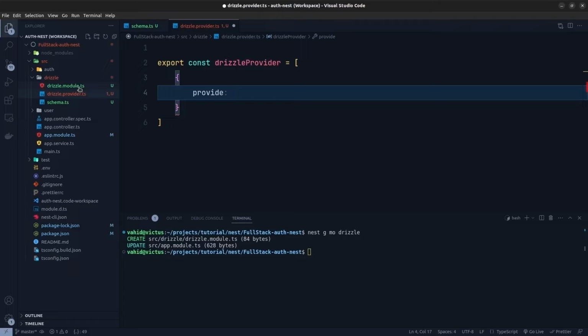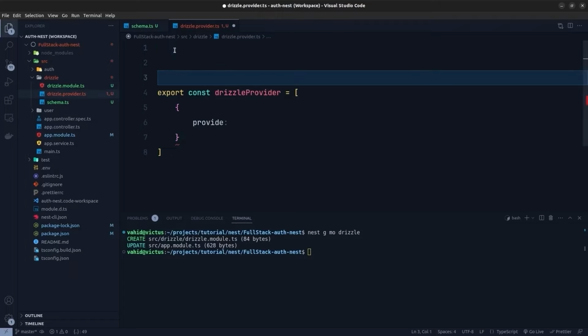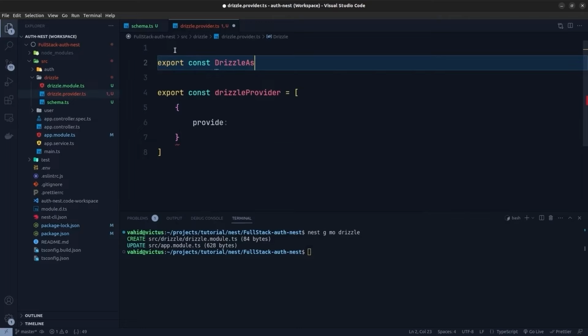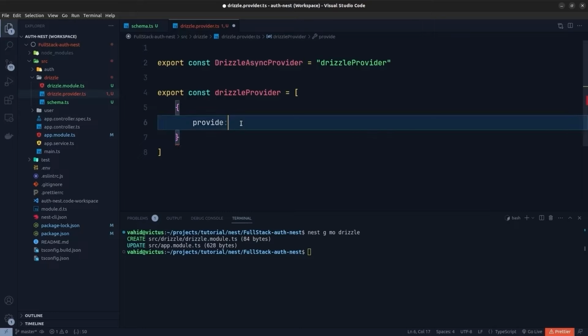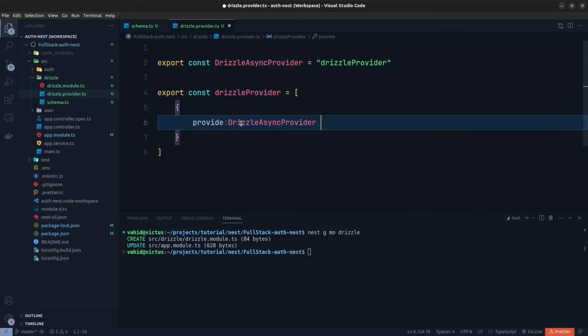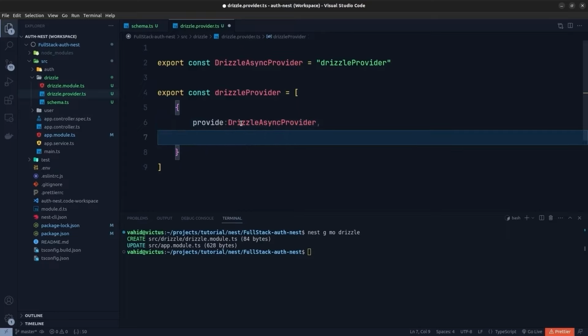So in order to do that, here I'm going to create a constant for it. So I'm going to say export const DRIZZLE_ASYNC_PROVIDER, and then set it to just a string. It can be whatever we want. So I'm going to go ahead with "DrizzleProvider". Later in this video, you can see the usage of this DRIZZLE_ASYNC_PROVIDER constant. Okay, and here you can use this constant with the provide property. So I'm going to set it to the DRIZZLE_ASYNC_PROVIDER constant,